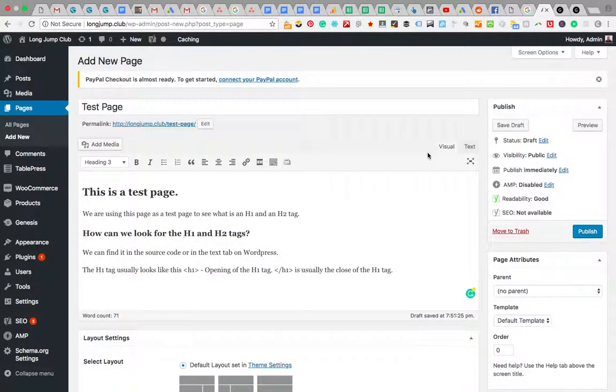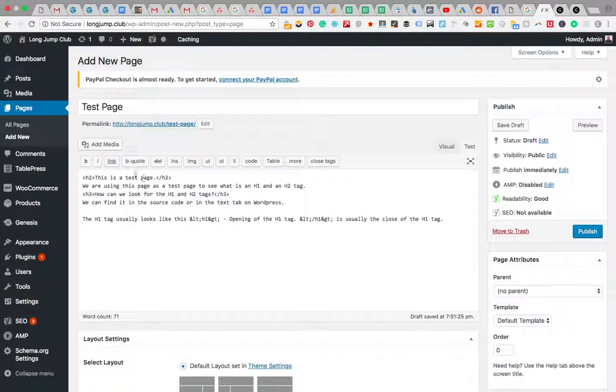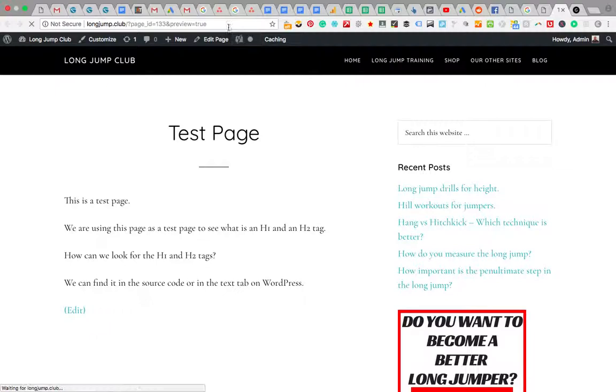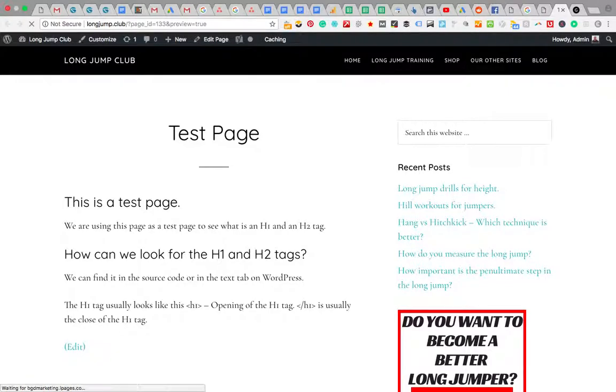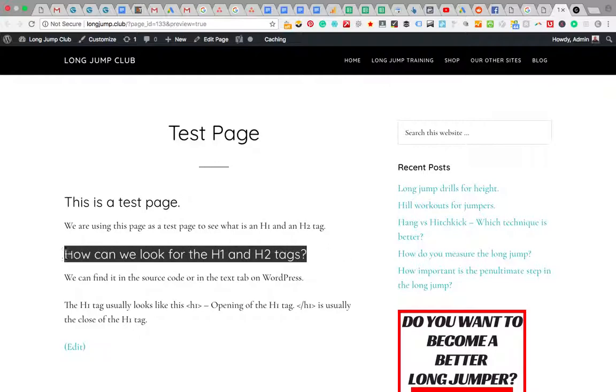And then if I click onto text, you can see that it's got the tags here. So H2 tag, H3 tag, and so on. So now if I go to preview again, I'm just going to reload this, and now it's displaying the tags. So that's the H2, this is the H3,